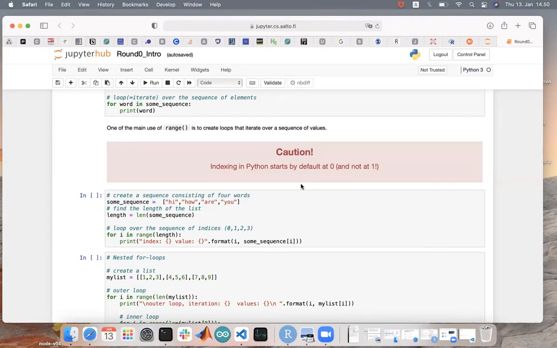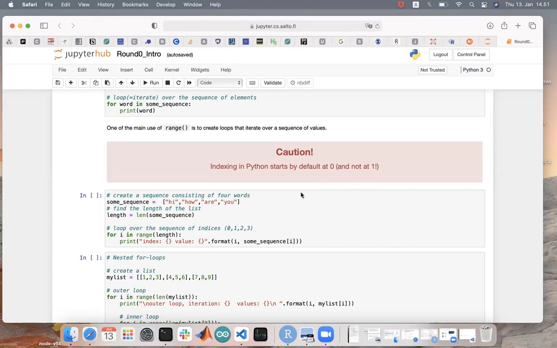Okay. How to continue working on cells after a long time away? Should I run all the cells from the beginning? Yes. The JupyterHub disconnects you from the computing nodes after, I think, 90 minutes of no activity. So if you were doing something in your notebook, in the middle of your work, and then you left for a break and come back and open your notebook again, you need to rerun all the cells from the beginning, not from the place where you finished your work, but from the beginning.